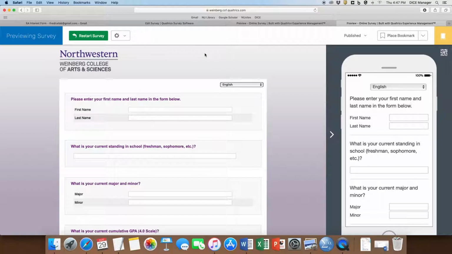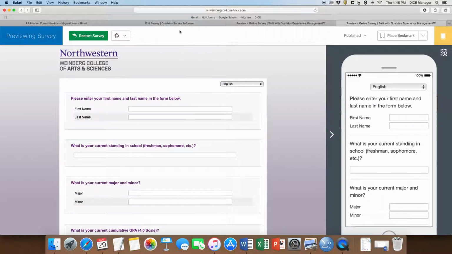I typically do a quick Google search for Qualtrics Weinberg Northwestern, and I click the first link. Through there, Northwestern will say, hey, we see that you want to get into Qualtrics, go ahead and put in your NetID and your password. It's really important that the NetID you put in is the lab's NetID and password, not yours. This form exists under the DICE Lab's NetID account. Once we put in our credentials,